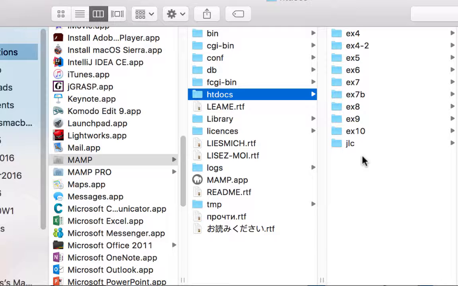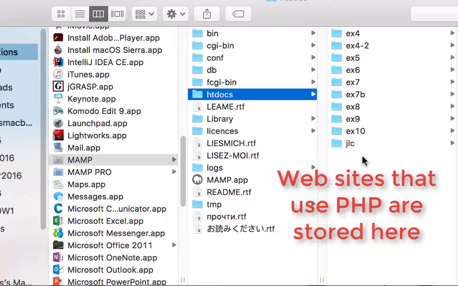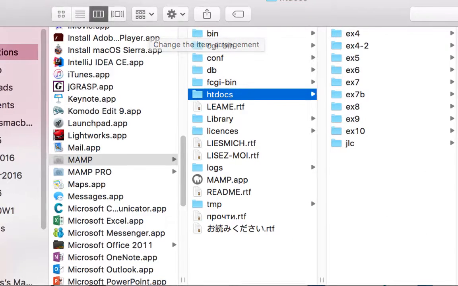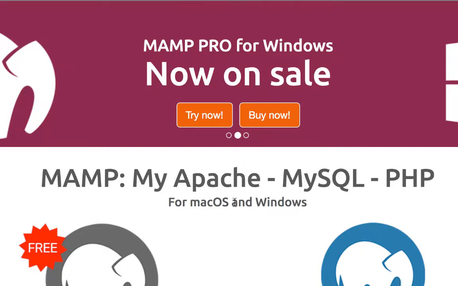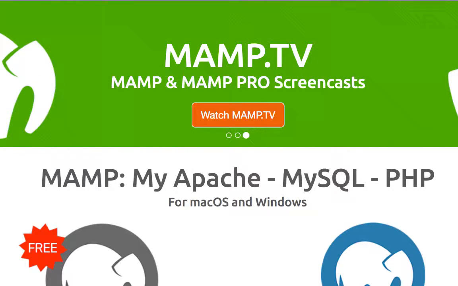Basically what MAMP is going to do, it's going to act as kind of a web server, and it's going to be able to interpret PHP code, which means it can interpret databases, MySQL databases, which we're going to be working with. So anyway, that's what it stands for, My Apache, MySQL, PHP. We'll talk about all that, but My Apache is web software, MySQL is the database system that we'll be using, and PHP is the programming language that can interpret SQL and basically serve it up or display it on a